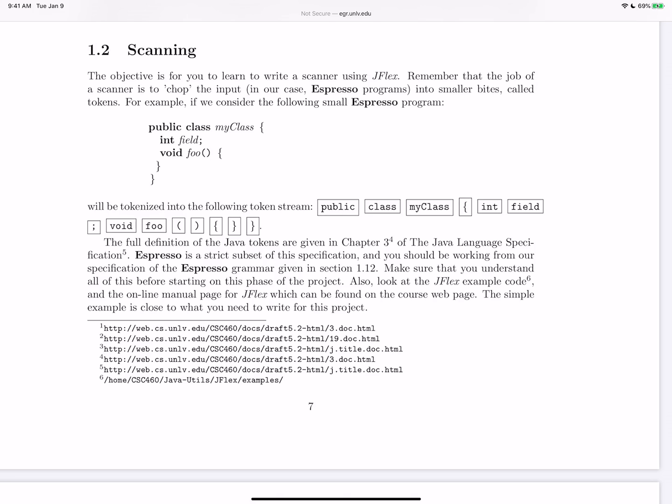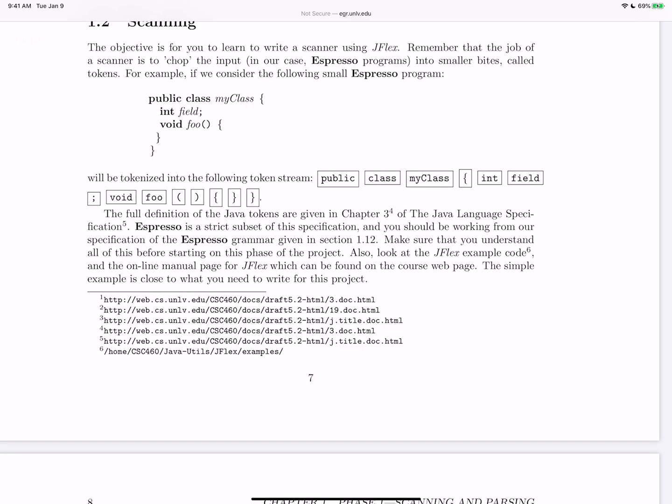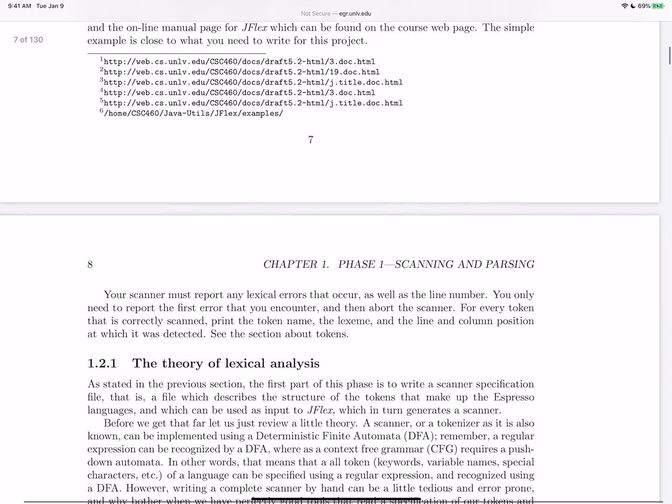You probably don't want to go off and read all this stuff here. I have a feeling that web.cs might not even work anymore, but you really don't need to read those documents.